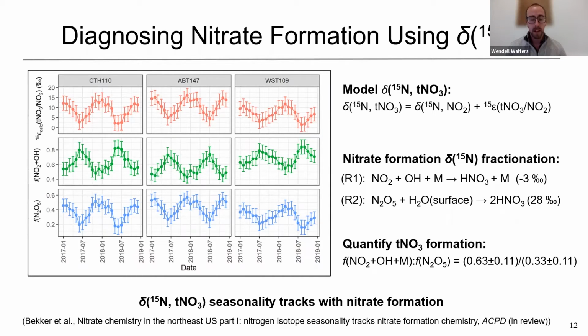Overall, from this calculation, we find our expected seasonality in nitrate formation with higher contributions from the NO2 plus hydroxyl radical pathway during the summer, which is consistent with our expectations because hydroxyl radical is a photochemically produced oxidant, and we have a higher fraction of N2O5 hydrolysis during winter, which also makes sense since N2O5 is thermally and